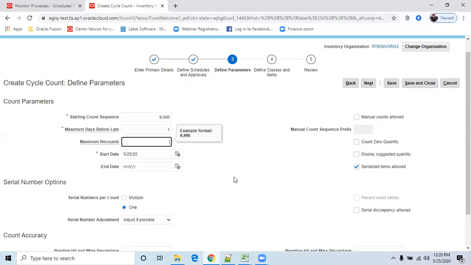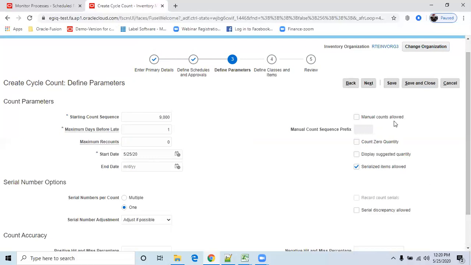If you want to recount more than one time, how many times do you need to recount? If you give 2, the system will do it 2 times. If you give 0, it will count only one time. You can decide based on your requirement.